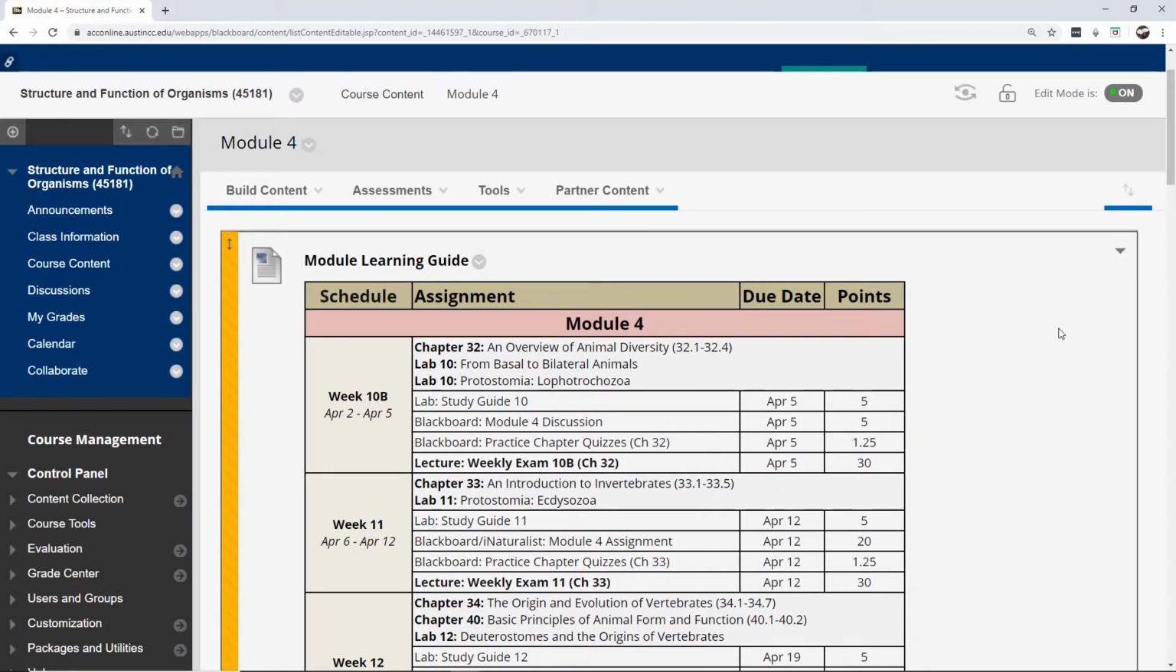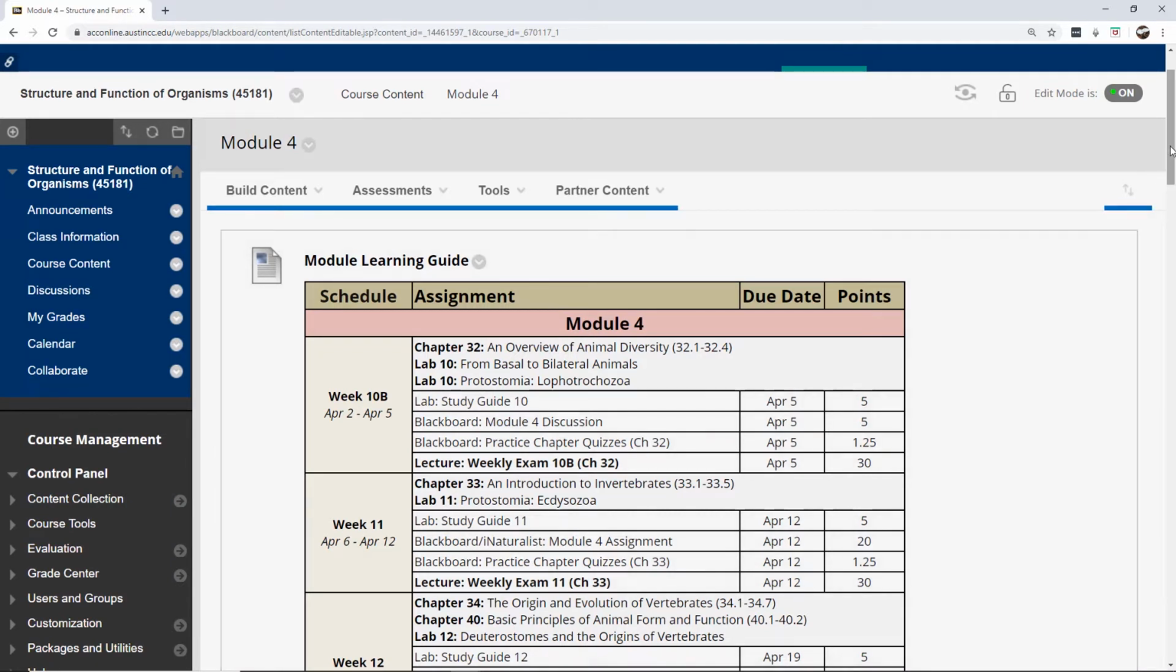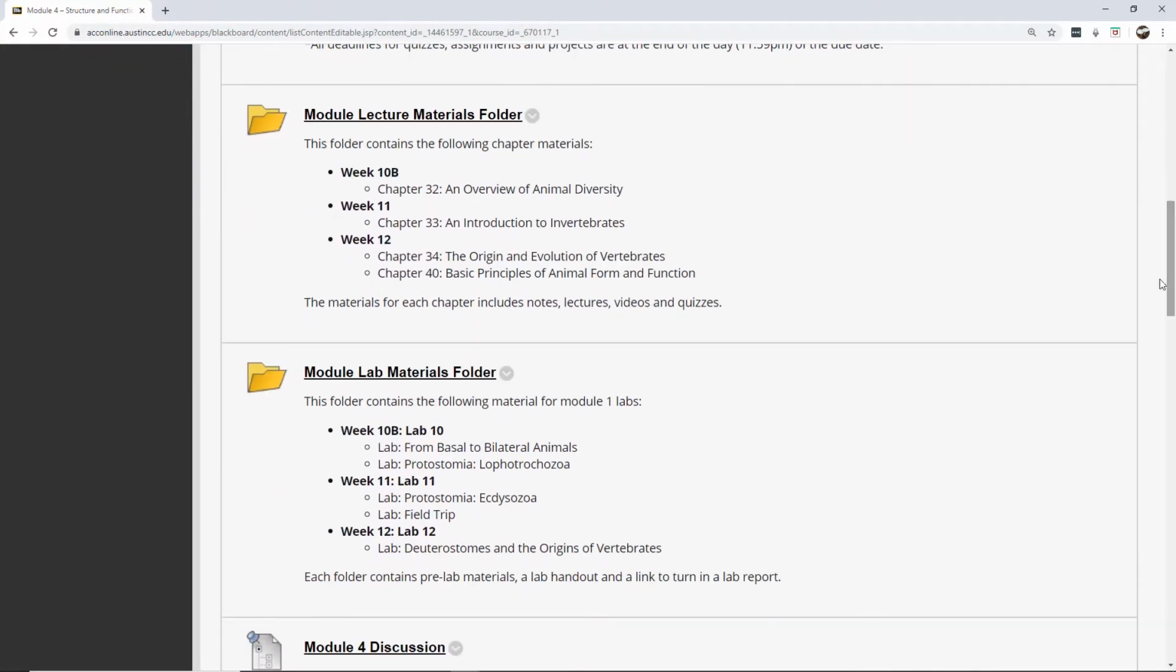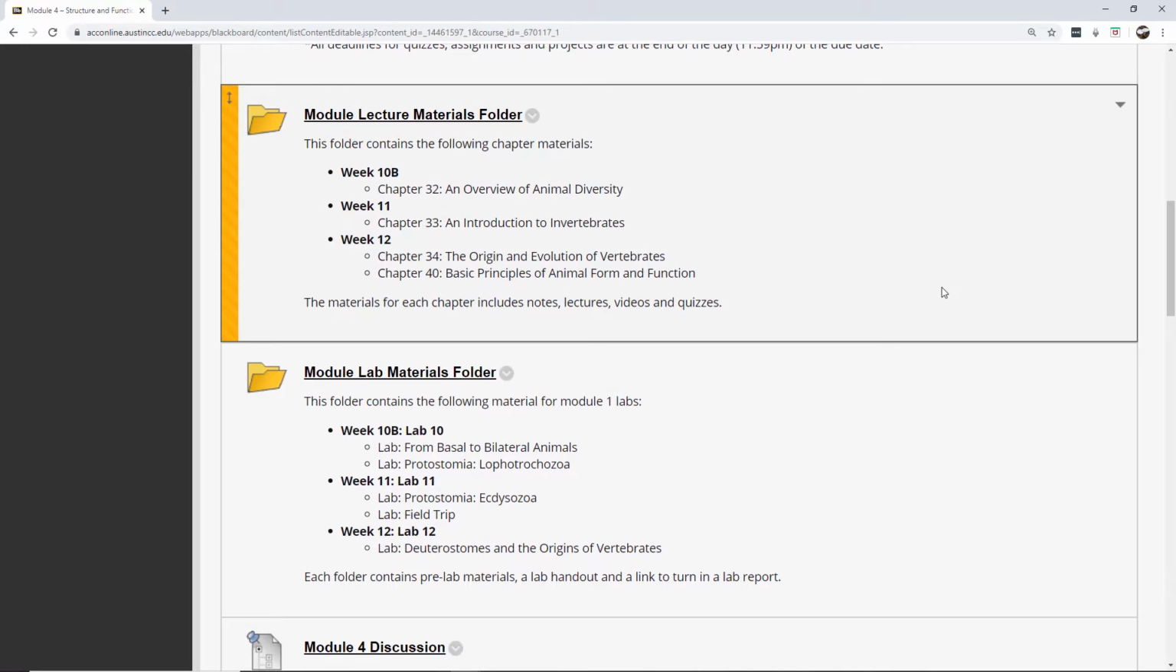In the last video, when I made the course content and I started to outline the course content, we were in Module 4 and I added a Module Learning Guide, and I added two folders, a Module Lecture Materials folder and a Module Lab Materials folder. Now you'll notice that these have changed slightly. I added more description, I added what weeks we're covering and what chapters and labs we're covering in each one of those lab folders, and I showed you in the last video how to do that, how to modify the